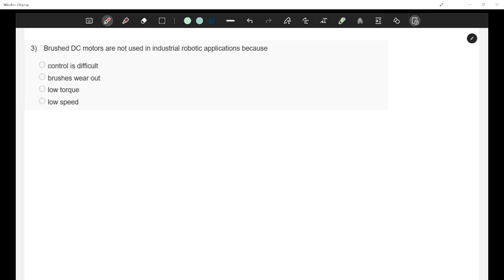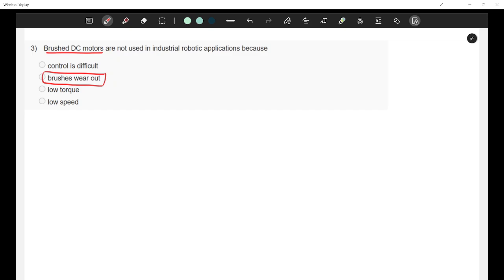Okay, so brushed DC motors are not used in industrial robotics application, because, what happens with brushed DC motor? The most problematic thing with it is the brushes wear out. You cannot have them in industry, right? You cannot install new motors again and again. If they are using carbon brushes for commutation, it is really a problem.